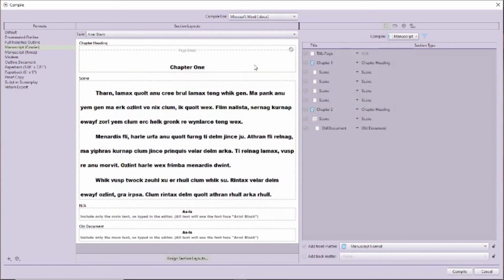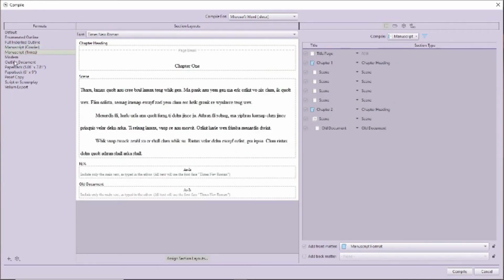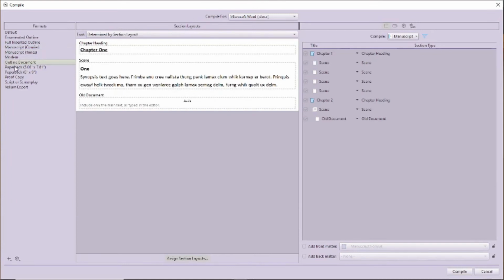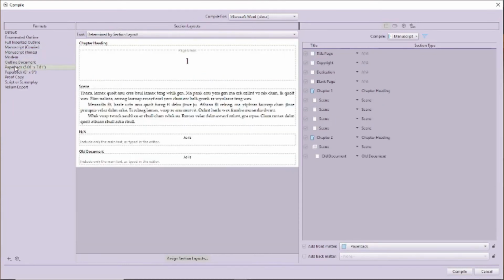Down the left is a list of standard formats for the type of output you've chosen. This is the Microsoft Word page, so there are two paperback options. My initial thought on that is why only two, because I often don't use either of those sizes. But I know a lot of people use 6x9 because that's Amazon's default. Each of these has different layout options in the central section.